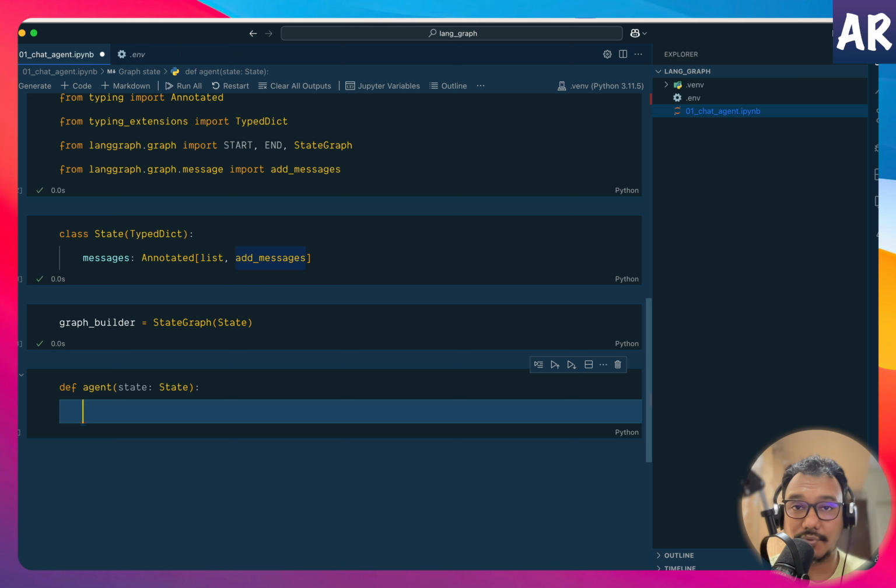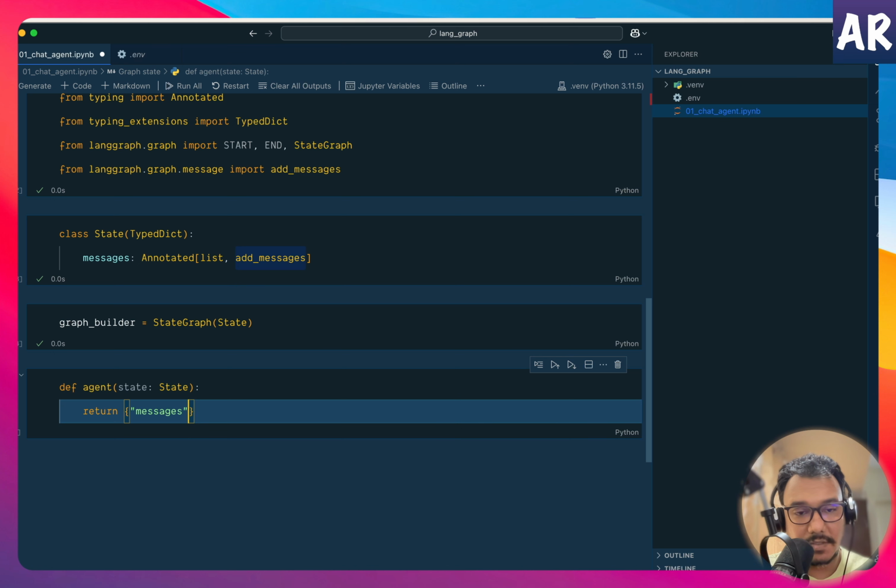Now what am I supposed to do? If you remember, I told you that every node needs to also return the state. So it gets the current state and it needs to return the state. And I can manipulate certain things inside the node. I can push things in the state and everything, but I need to return it. So this definition needs to return that state, right? How do we do that? Return